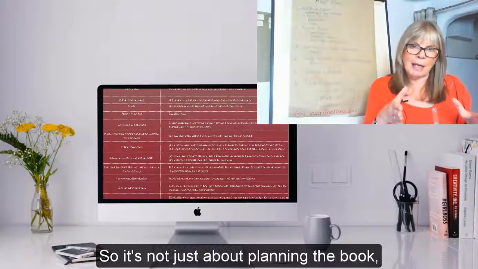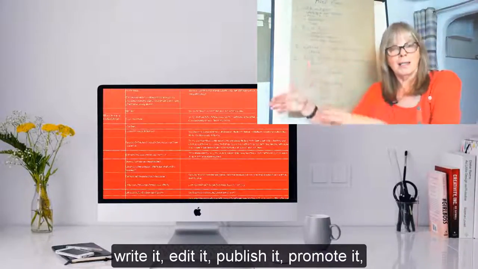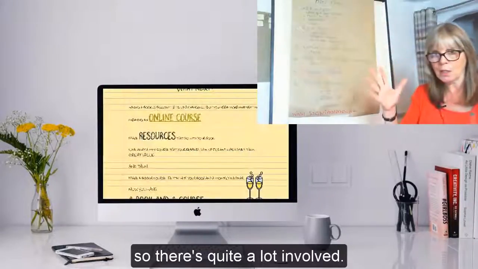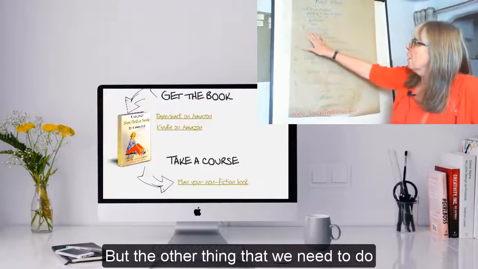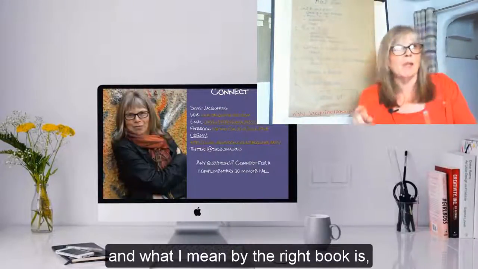So it's not just about planning the book, you've then got to outline it, create a chapter framework, write it, edit it, publish it, promote it. So there's quite a lot involved. But the other thing that we need to do is make sure that we've got the right book. And what I mean by the right book is,